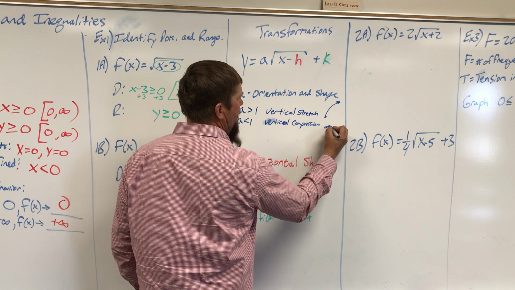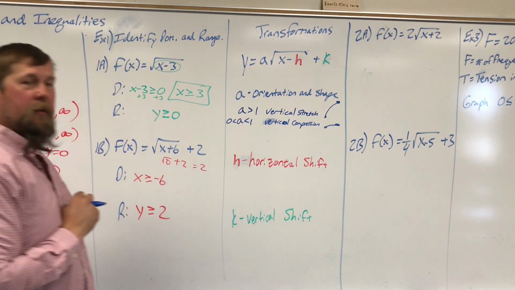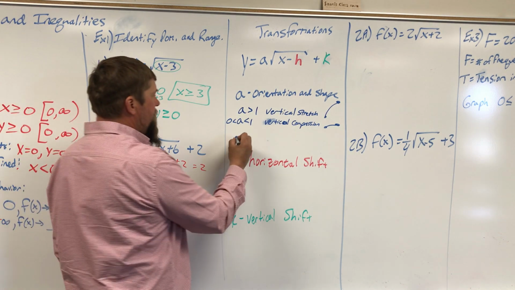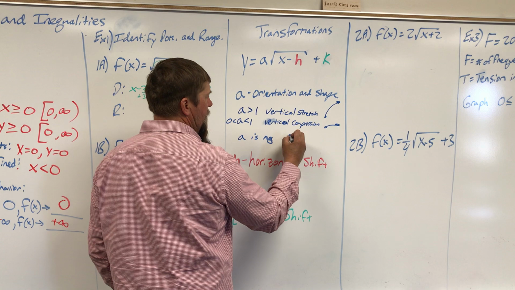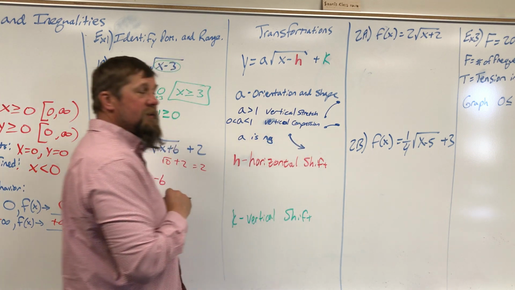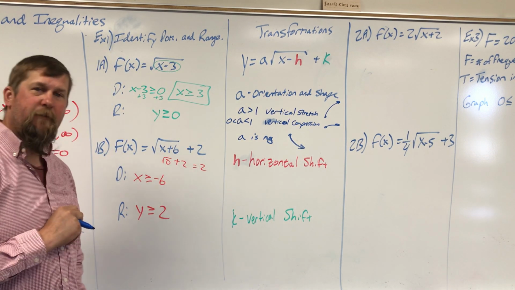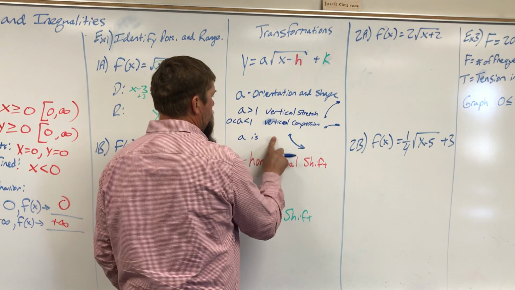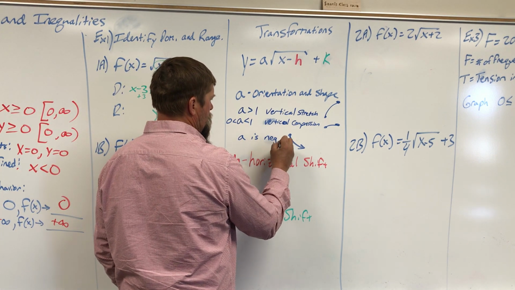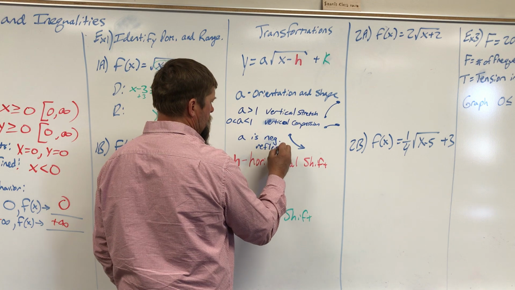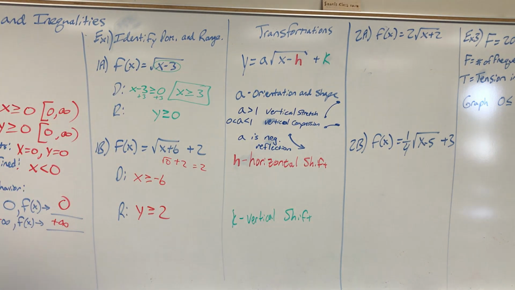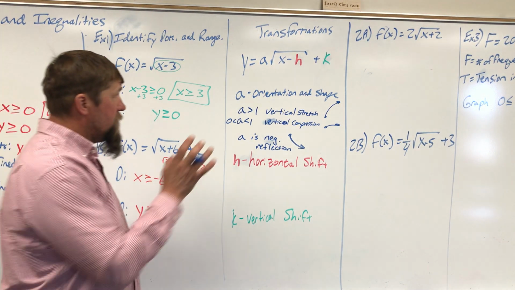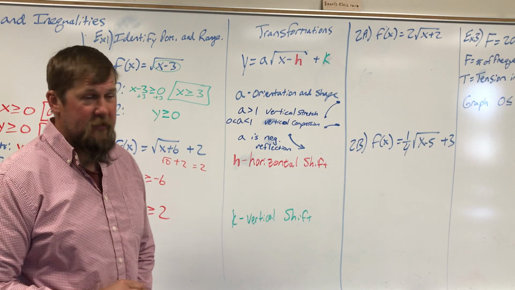Which is a flatter graph than what the parent function is. If A is negative, then the graph actually opens down instead of up, and that's called a reflection. And of course, that's in the x-axis. So remember, the A value of our parent functions or our general form transformations is always the same,